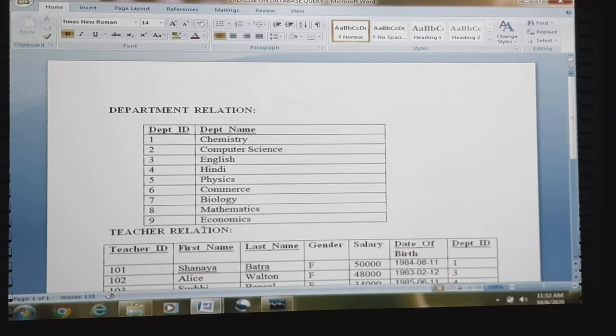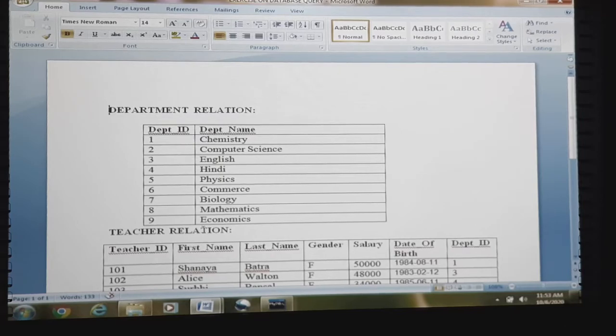But much before that, the first thing we are going to learn here is the ambiguity that may arise. Suppose there are two relations which consist of one column with the same attribute name. In such a situation, if there is a need to establish a join between the two relations, there might be ambiguity. That means there might be a complexity while establishing the relation, as both the names are similar. So it will be highly difficult to find out under which relation we need to find that particular value of the attribute.